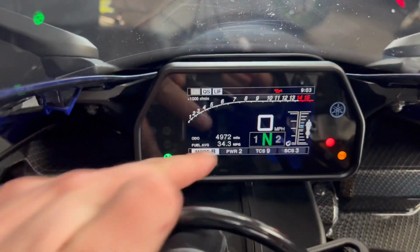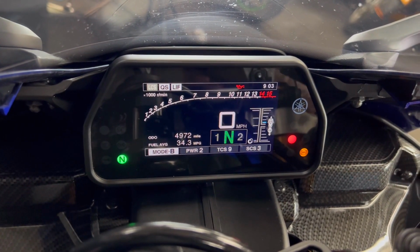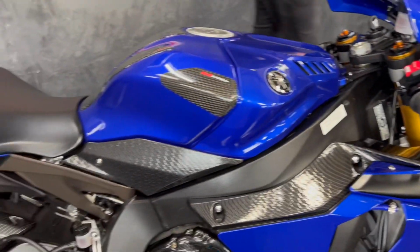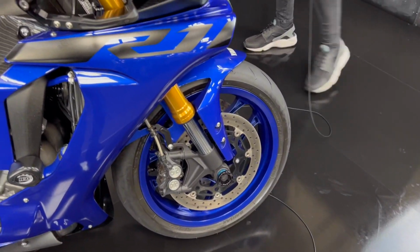So you've got your power modes here, your adjustable traction, your adjustable slide, and then actually if you look on the right hand side there, you can see how much brake you're applying, and then the other side is your throttle as well. So aftermarket bits wise, it does have quick release spindles, it's got some R&G protection, it's got